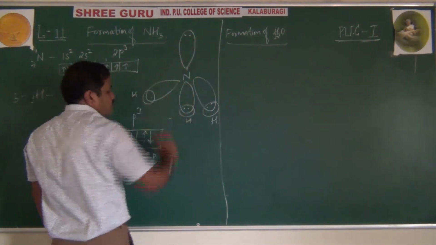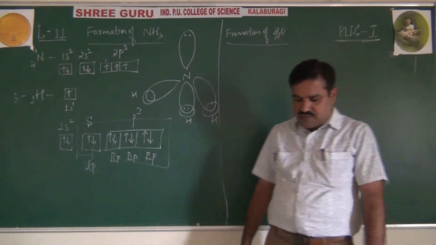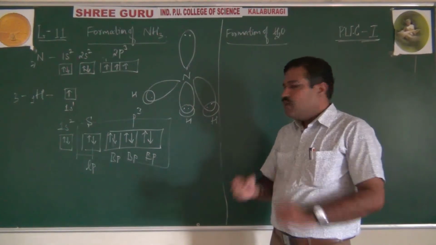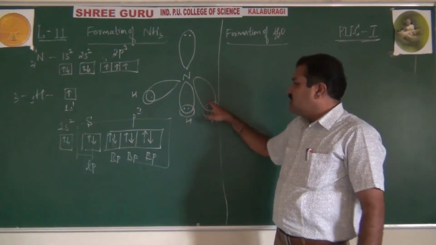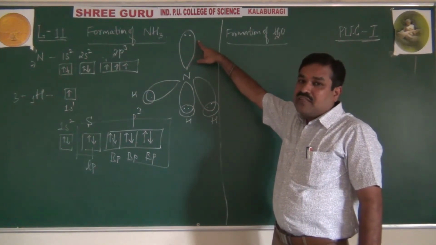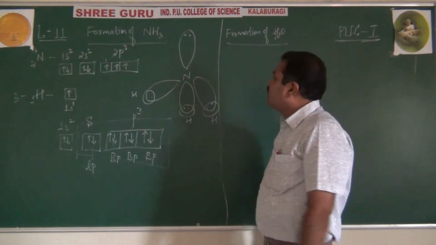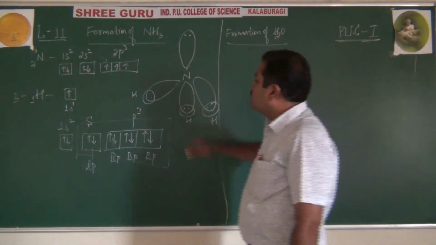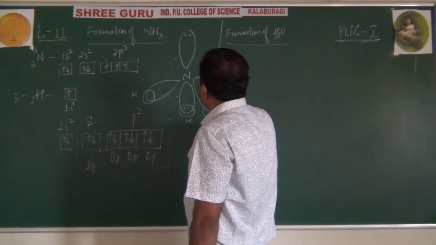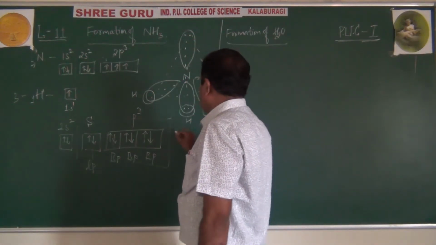Due to this, these pairs will try to stay as far apart as possible, by minimizing repulsion, by going away. All are electron pairs, these are bonding pairs, this is a lone pair. All are negatively charged. That's why they repel each other in such a way as to give a definite geometry to the molecule. This is what we call trigonal